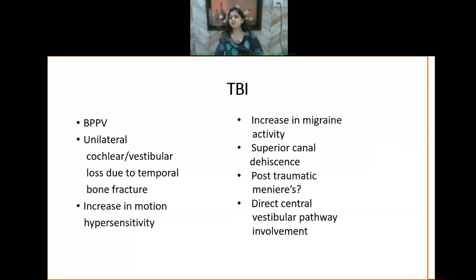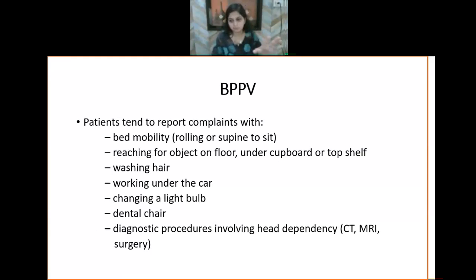Now, what other things can we see? If it is traumatic brain injury and they feel dizziness, they might have BPPV, they might have concussion, they might have anything related to brain injury. We can still treat those patients. Now BPPV. We get more patients with frozen shoulder or osteoarthritis, right? In the same way, we get more patients with BPPV in vestibular rehab. If you get 10 patients, 7 to 8 out of those 10 are your BPPV patients.